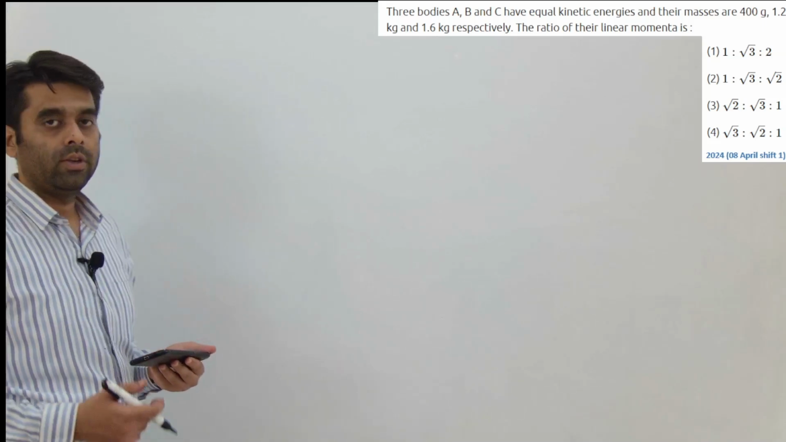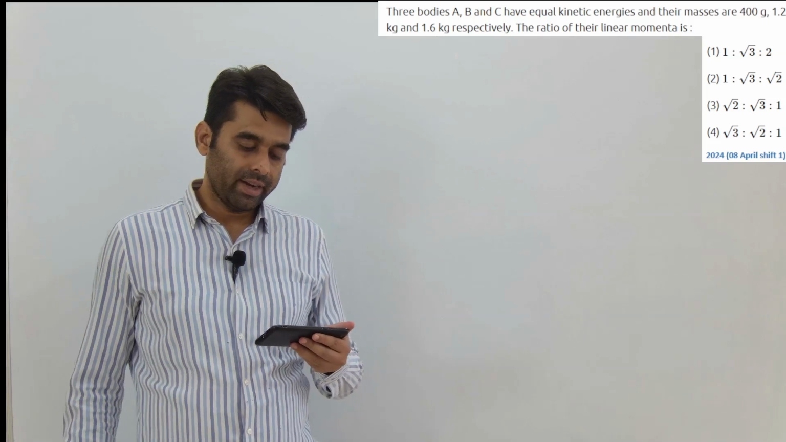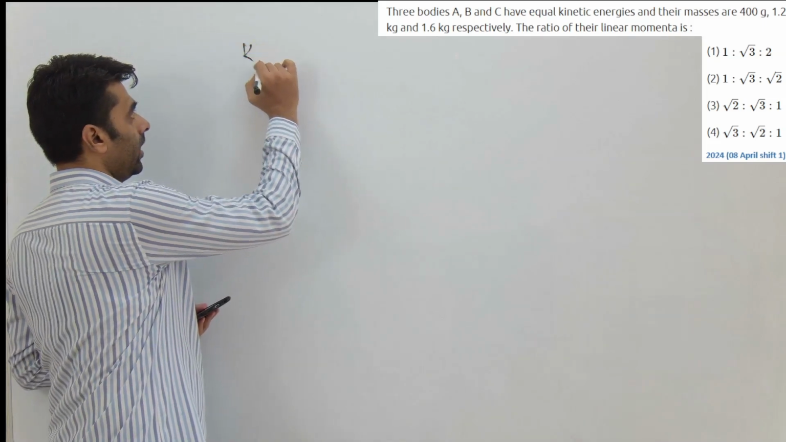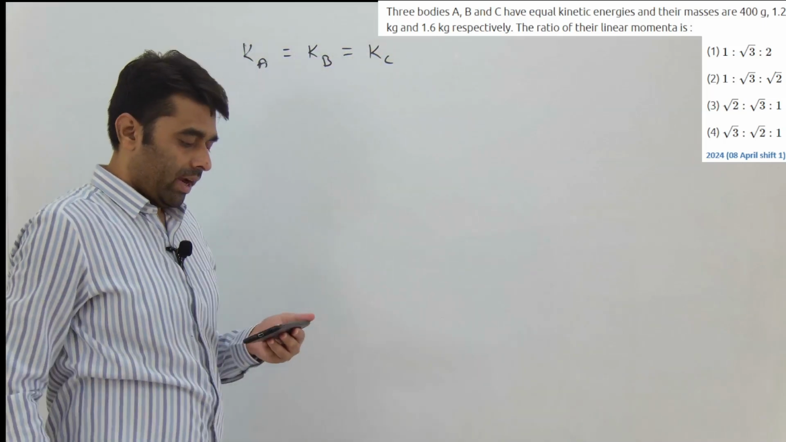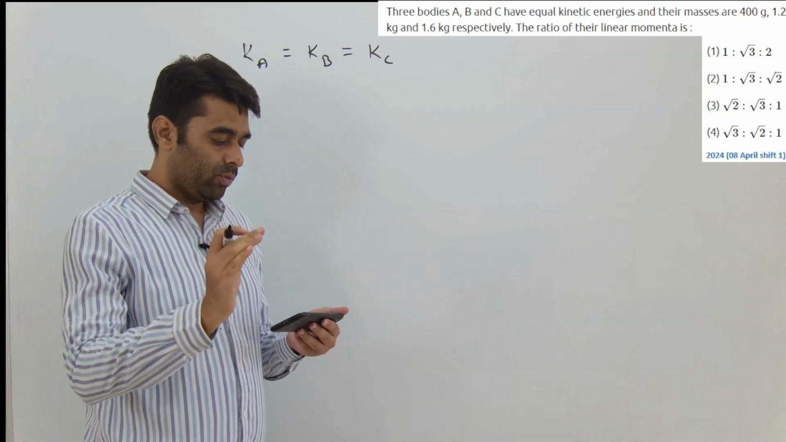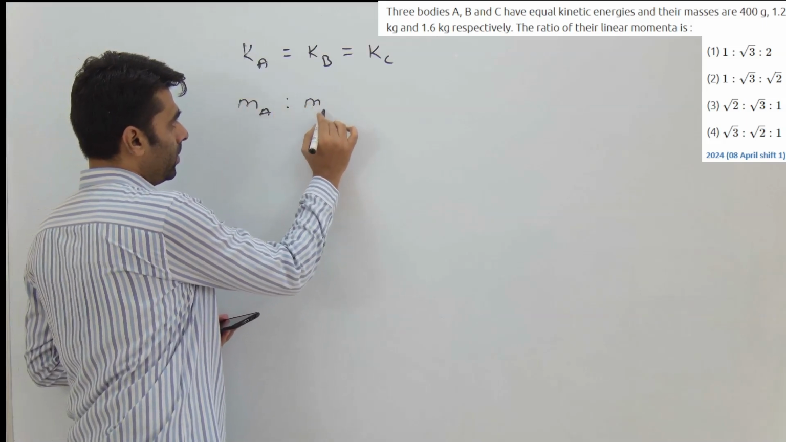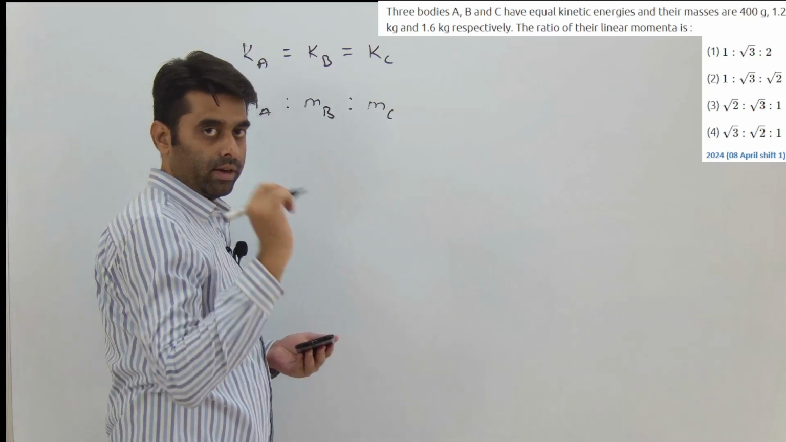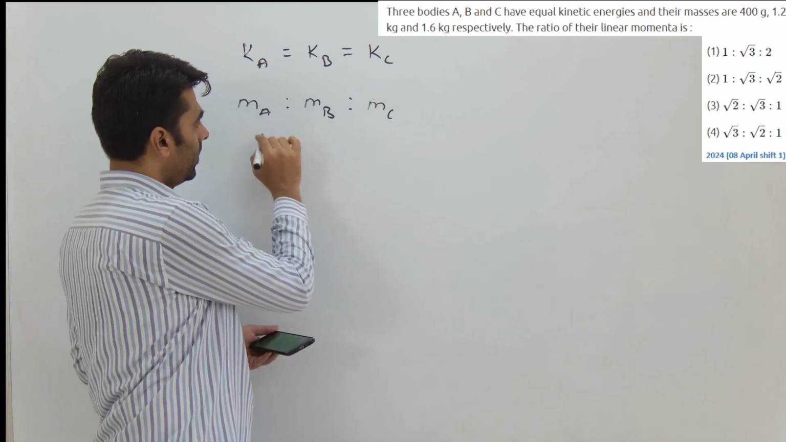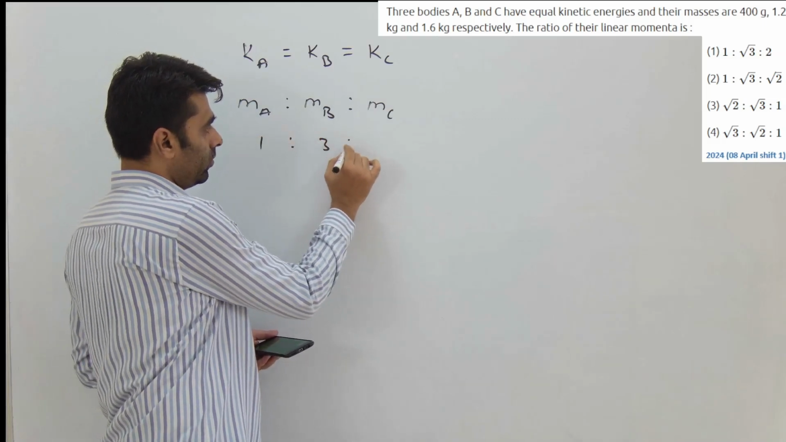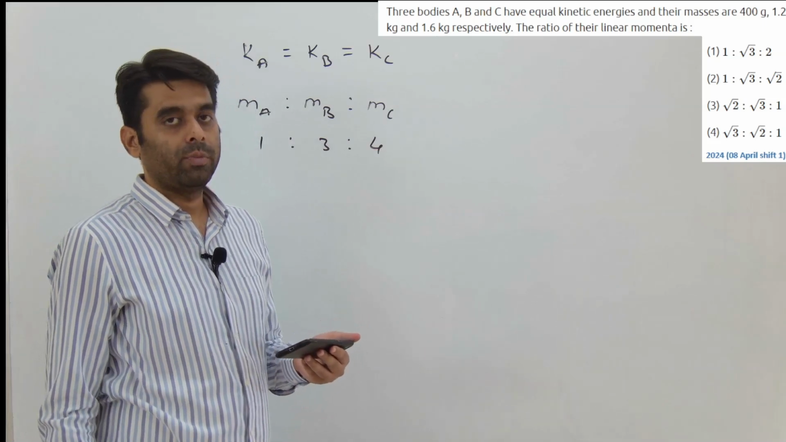So the next question says 3 bodies A, B and C have equal kinetic energies, that is Ka is equals to Kb is equals to Kc. And their masses are 400 gram, 1.2 kg and 1.6 kg. So Ma is to Mb is to Mc, we can write it as 1 is to 3 is to 4. This is the ratio of the mass. The ratio of their linear momentum is,